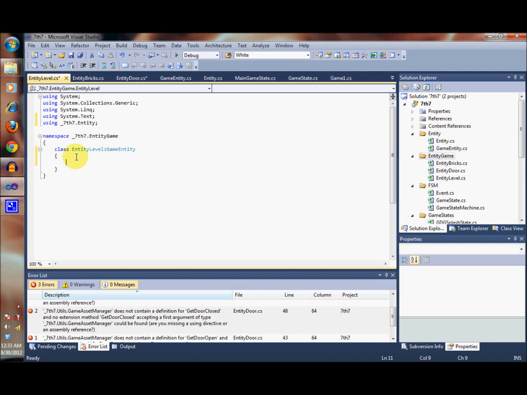And the level is going to contain 3 doors: a door for going out, a door for going to the level on top, and a door for going to the level below, as well as the bricks. So for that, we're going to need to define our instance variables. So let's go ahead and define 3 doors. We're going to name the first one ED door back, which is going to be the door to the way back, ED door up,